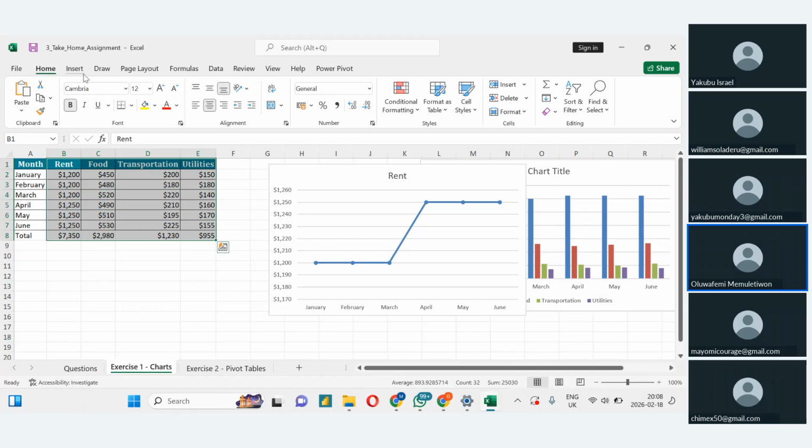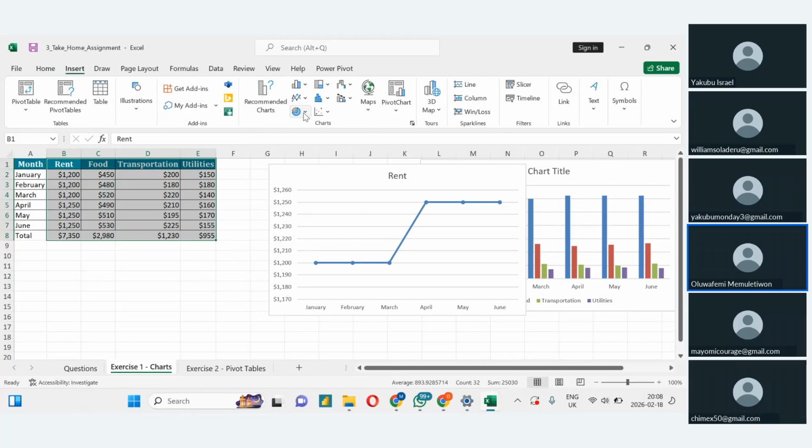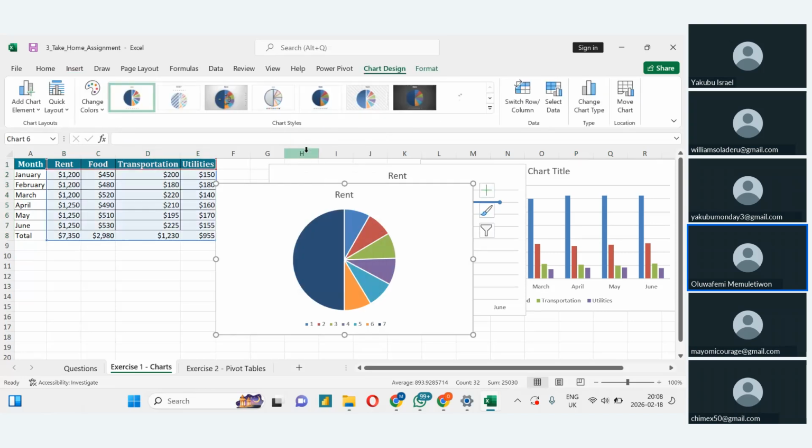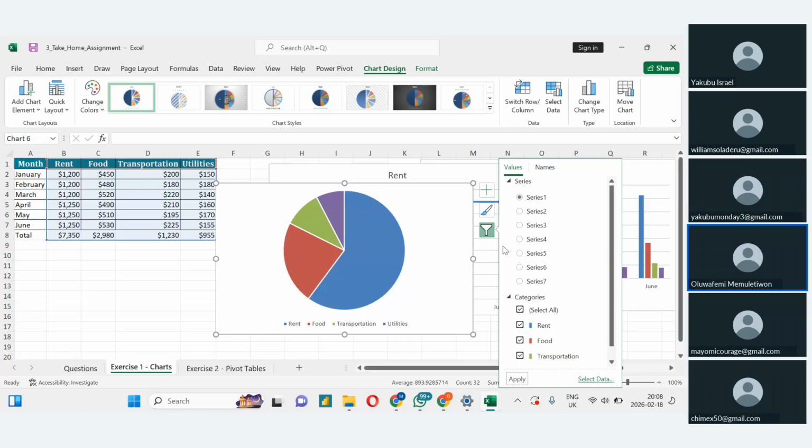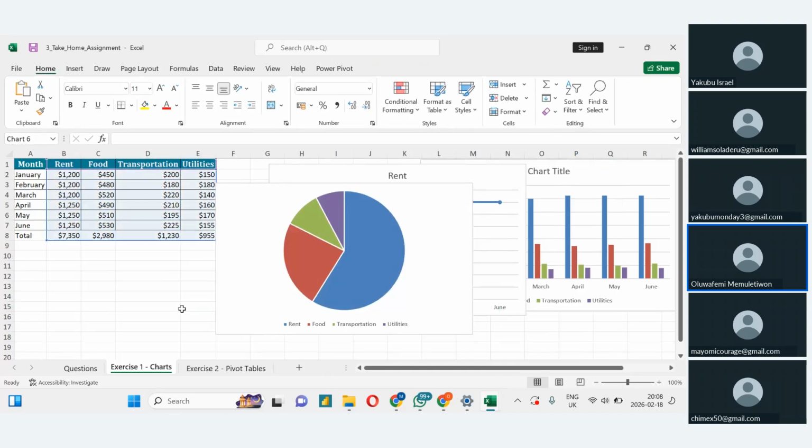Go to insert, put the pie chart. Then we switch this. Then we filter saying that we want series 7. Series 7 automatically means the total is the total. This 1, 2, 3, 4, 5, 6, 7. And click on apply. Now, if you don't want it that way, if you don't understand that series 7 that